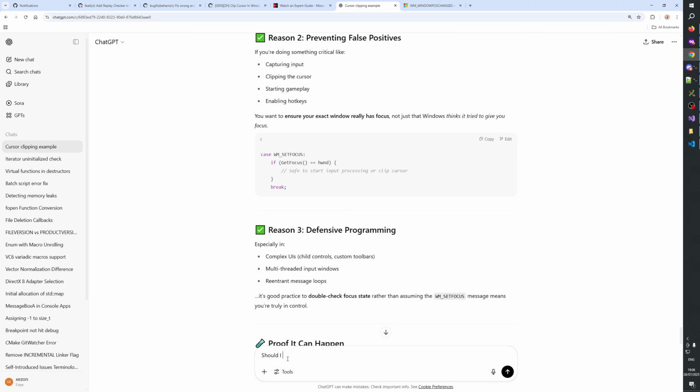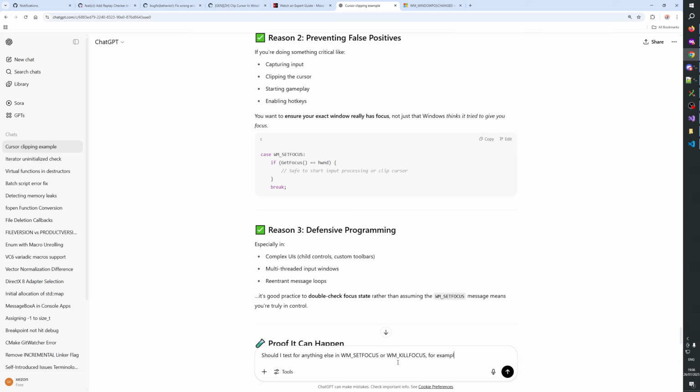Should I test for anything else in doing focus or kill focus?